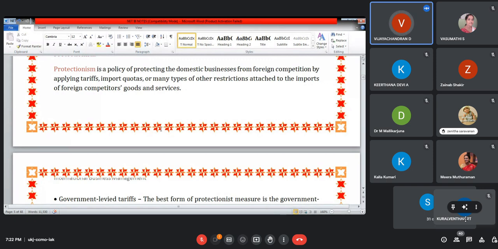This will be a way to protect the domestic producers, like the handloom and the cracker manufacturers, the little Japan, Sivakasi, I told you. So these are the ways. If you are allowing the Chinese product, what happens? You are discouraging the local product, so the local producers will be affected. So that is another way of protectionism.